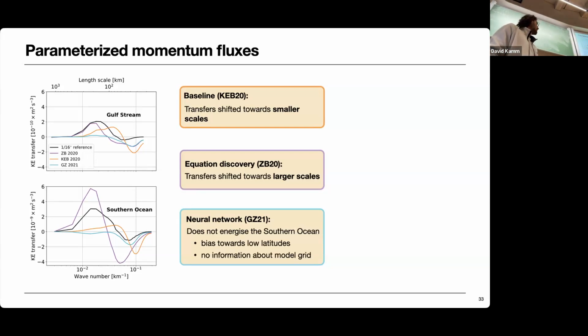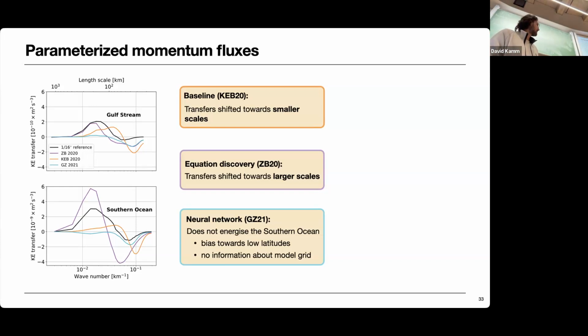And this, again, we attributed to the fact that in the DINO configuration, the model grid gets finer and finer with latitude, in line with the Rossby radius, as we discussed before. But the neural network has no information about it. So the grid information is no input variable to the neural network, so that two neighboring velocity points look the same for the neural network at the equator as at 70 degrees north, even though they are spatially much closer